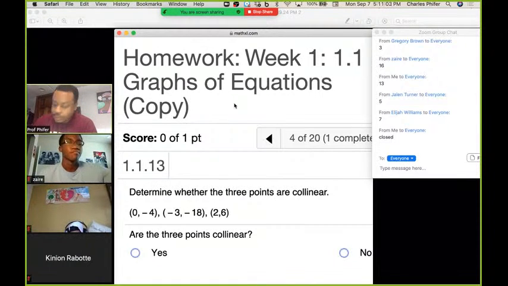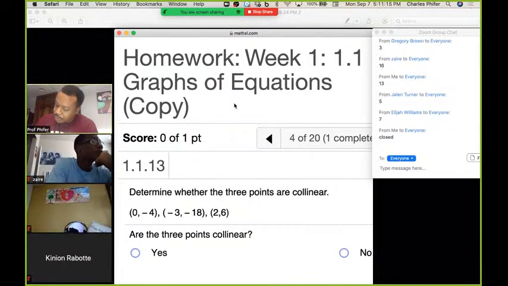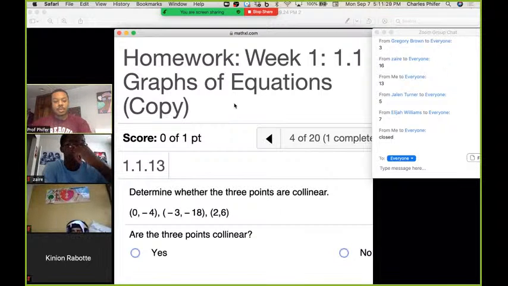And we're working question number 4 from this assignment, and this comes from 1.1, number 13. I'm going to put collinear, question mark. And then we got (0, -4), (-3, -18), and (2, 6). We could find the distance between all 3 points and then compare the distances, but I am just going